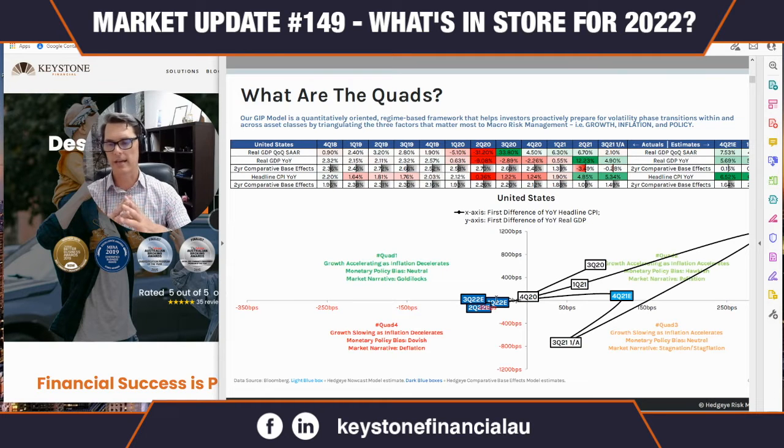But the other question, and again, I will touch on this as we go along here, is what asset classes, what sectors, what style factors do we need to have on in the portfolio to effectively be able to straddle this and take advantage of the fact that we're not clearly in one camp, clearly in a quad.